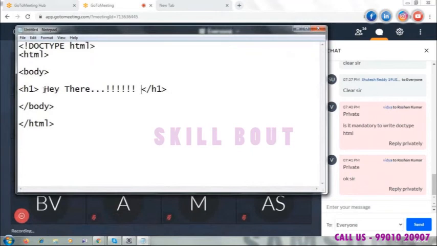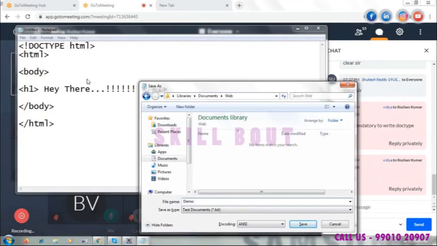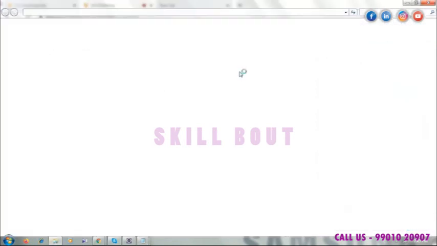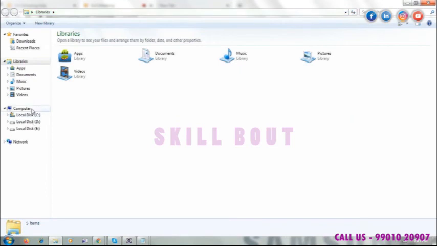Okay, so now I have to run this page. What I'll do, I'll just save this. So always ensure that whenever you are using Notepad or any other content writer, it is saved as .html. So it will ensure that the document is saved as a HTML document or HTML file rather than the default one. So the default here is .txt. So I'll quickly save this, then I'll go back, I'll go to that folder where I have this document saved. So in the documents,